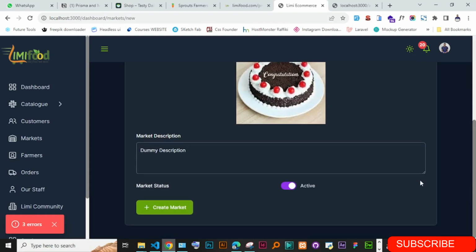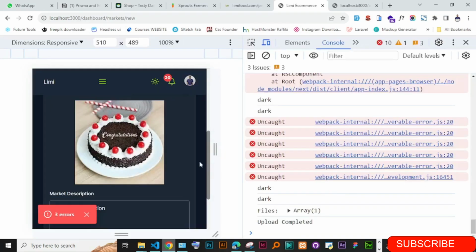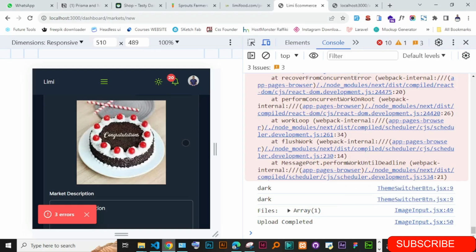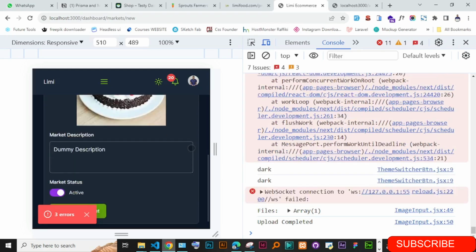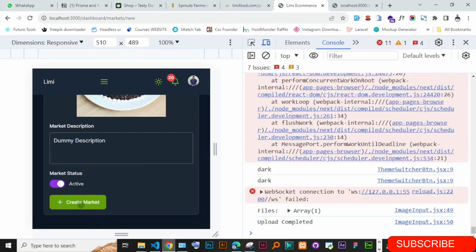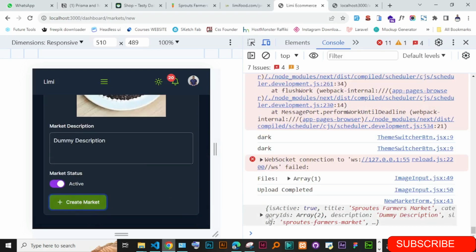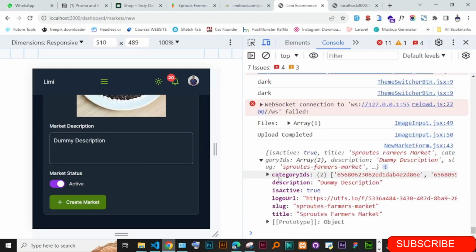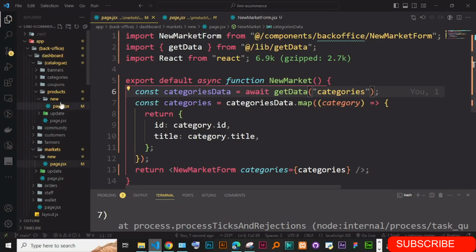Let's go to the console. I just want to submit this data, so just scroll down here, close this and create. So we have this data. Okay, and you see the categories. We have them as an array, description, is active, logo URL, slug, and title. So they have also slug. So just go to the